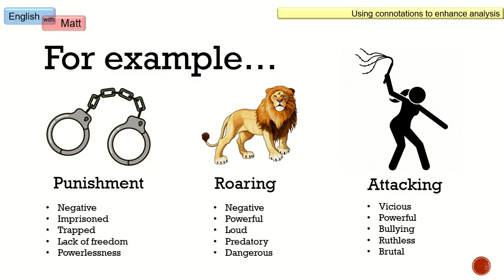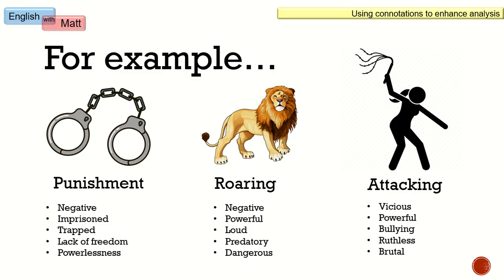All of these are fairly common words, and I've just given some images here of what might come into your head if you think of these words. If you were to draw an image for these words, this is what you might draw. Underneath, with the bullet points, I have collected a selection of words and phrases which could be the connotation of that word. So the connotations of the word roaring, for example, could be something that is powerful or loud